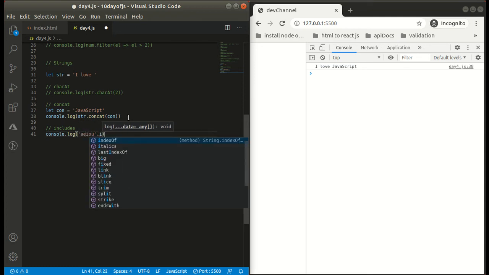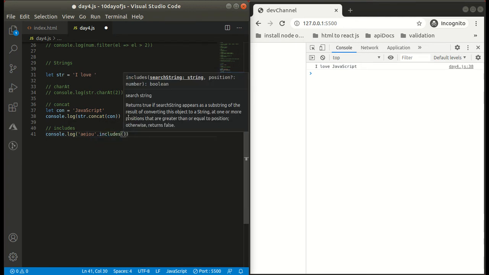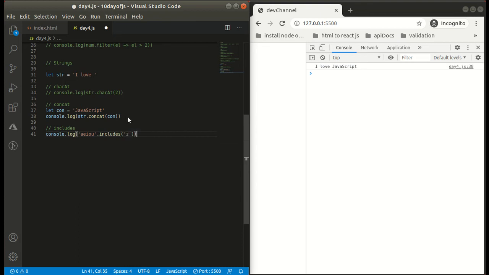Like AEIOU contains the search string; Z is not present in AEIOU, so we got false. For A we got true. It's very useful in programs where we have to find vowels and consonants.